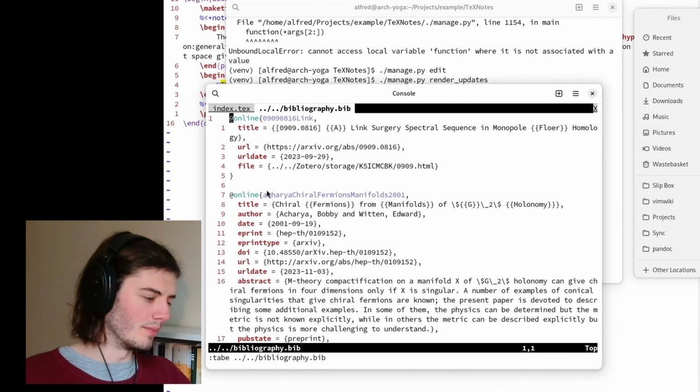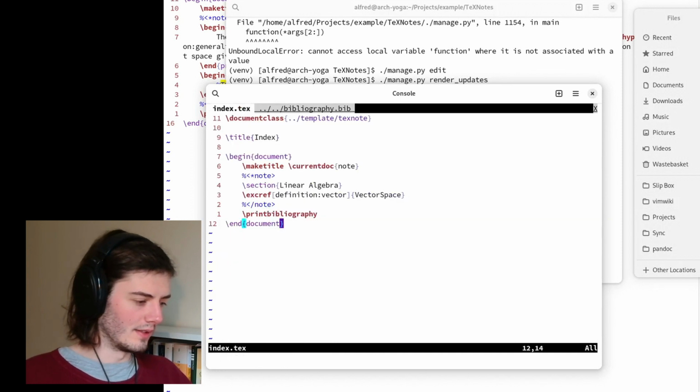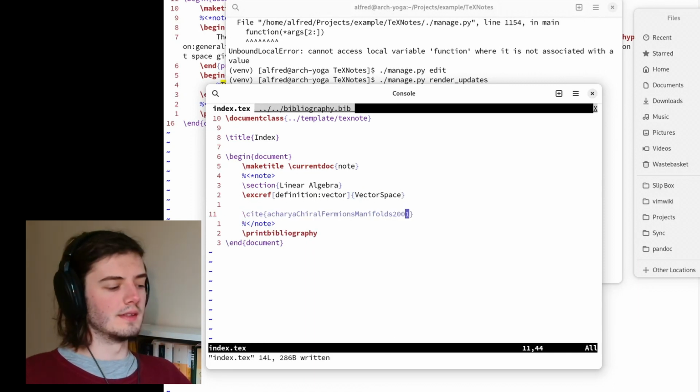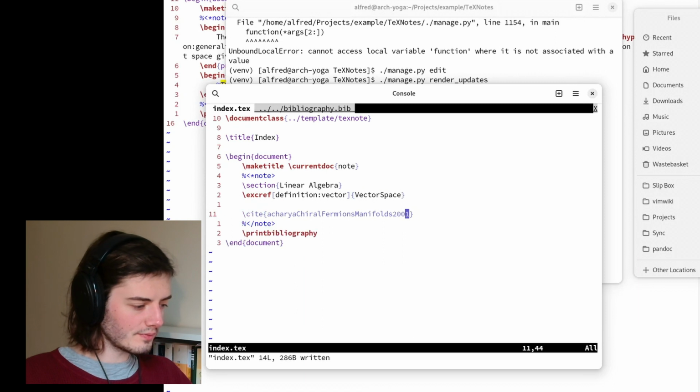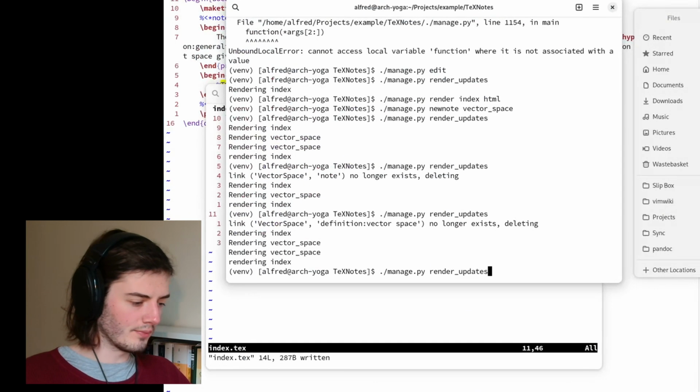This is going to be quite a big list, but let's just copy the first one. Then go back here, and then let's just say cite. So this has added a citation, and now if we render the updates again,